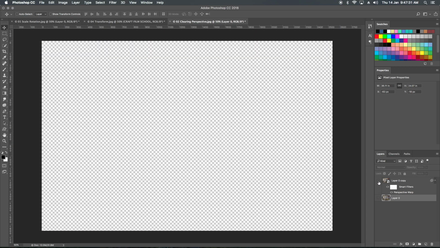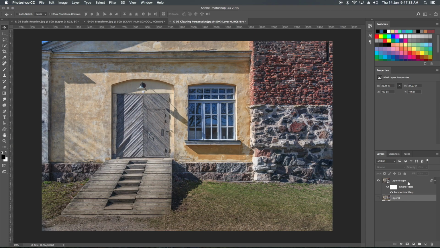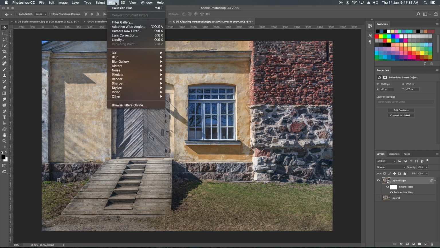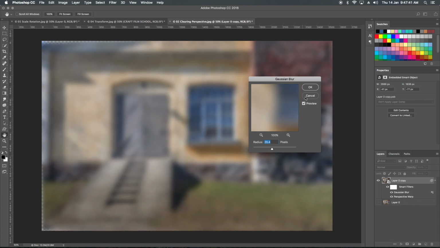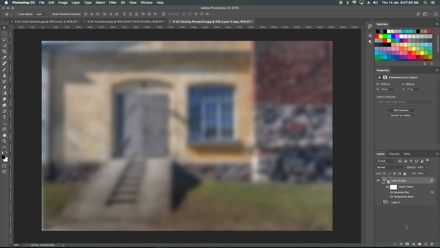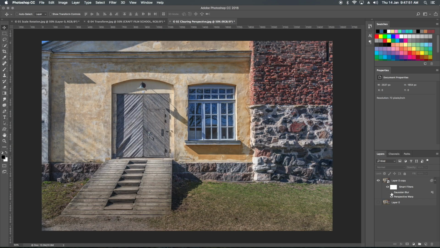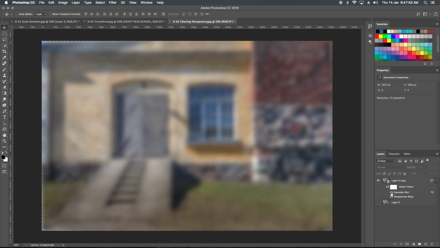But let's do this with a smart object. Okay, I'll go to Filter, go to Blur, again Gaussian blur, and press OK. Now you can see that it comes as an effect. I can even turn this blur off and on now.